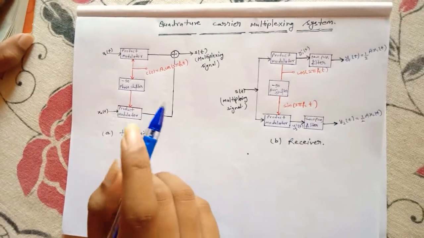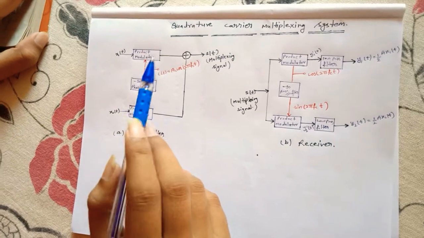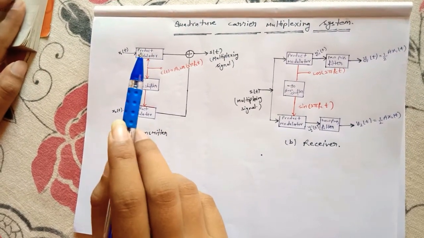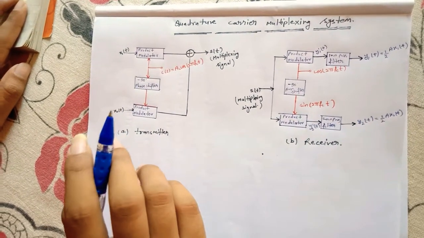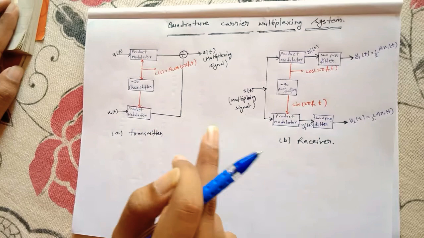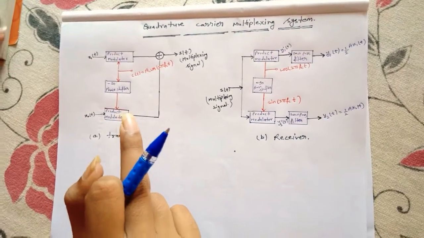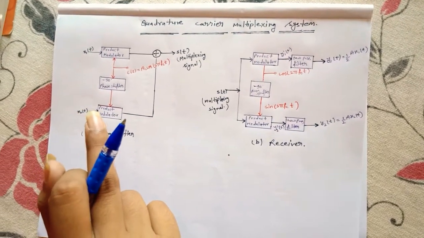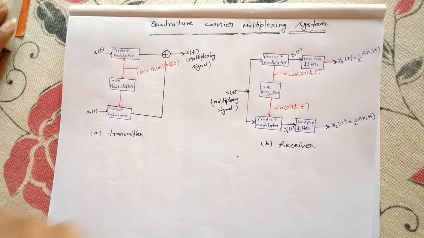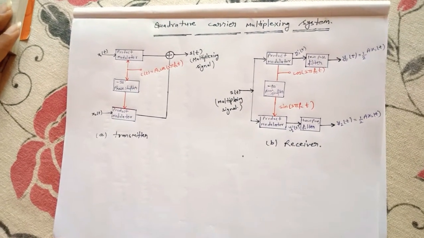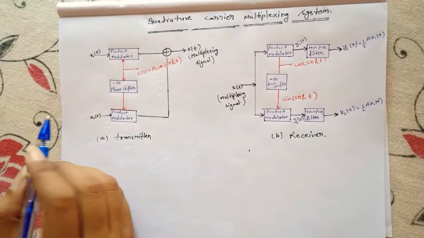In the receiver of the quadrature carrier multiplex system of this figure, the local carrier available for demodulation has a phase error phi with respect to the carrier source used in the transmitter. The important thing is that we are assuming a distortionless communication channel between transmitter and receiver. We have to show how this phase error will cause crosstalk to arise between the two demodulated signals at the receiver output. So first let's try to understand this figure.